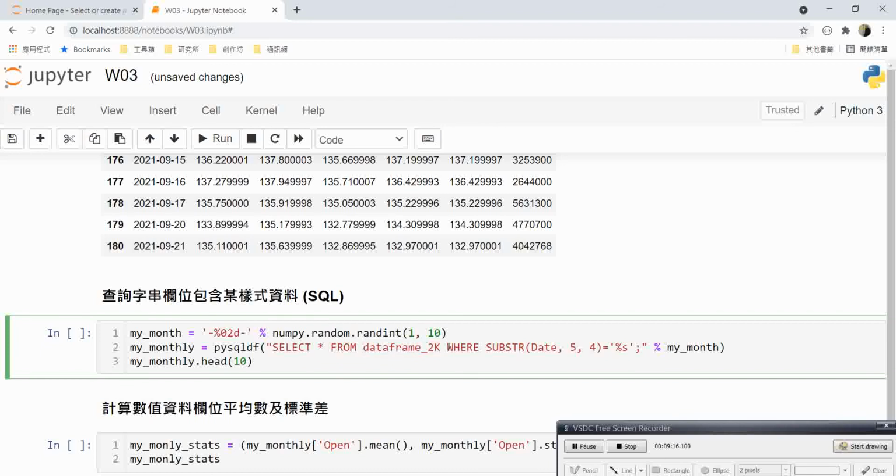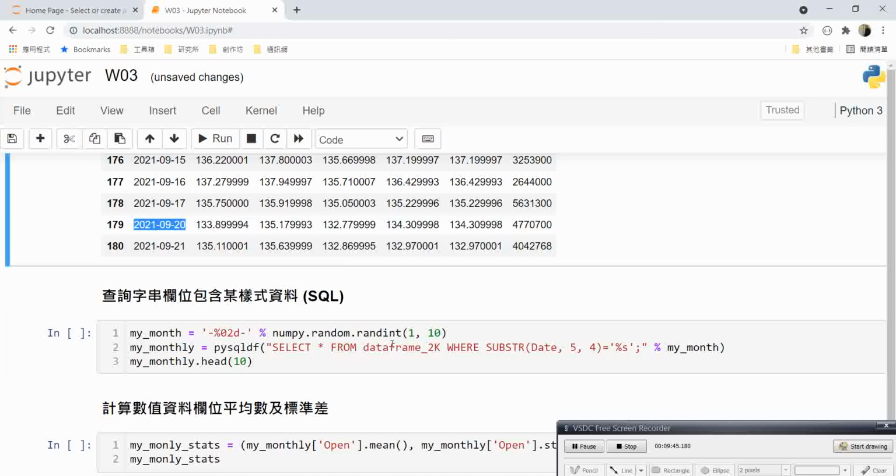Where means a condition. The condition is that substring is a function of SQL. Substring means to grab a part of a string. So the string is 2021-09-20, right? So substring the date, which means this one, and then start from the 5th position: 1, 2, 3, 4, 5. The 5th position, and